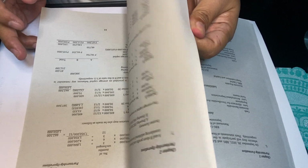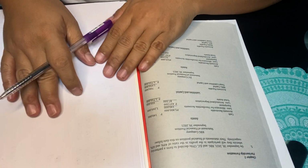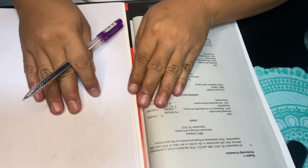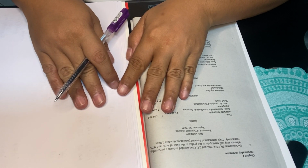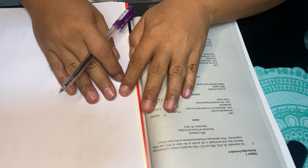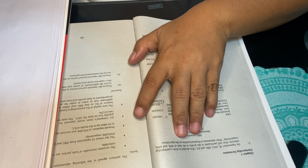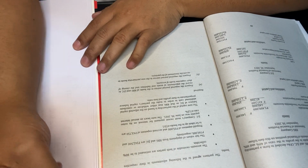Okay, so let us now go to the last one before we go to the multiple choice problems. In this case, there are two existing businesses, and they would like to combine. If businesses combine to form a partnership, we have to first adjust the books of each, to be fair to both partners. So RBG and JLC decided to form a partnership. So we will adjust the books of